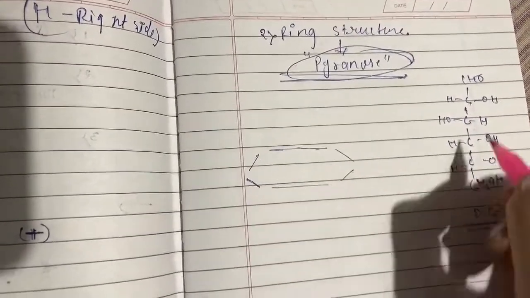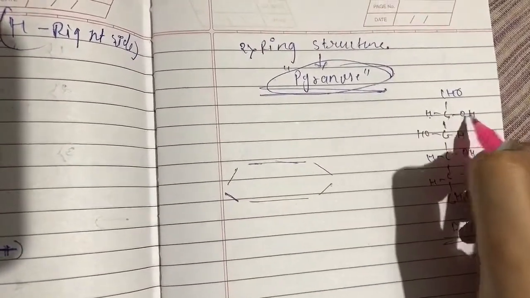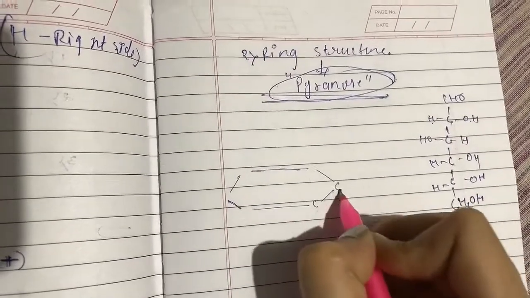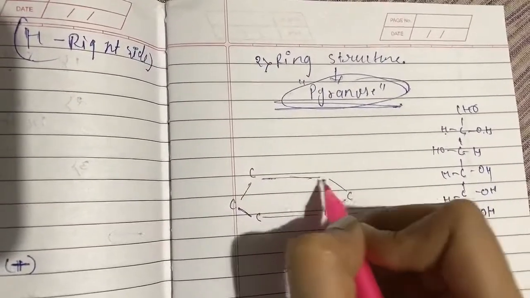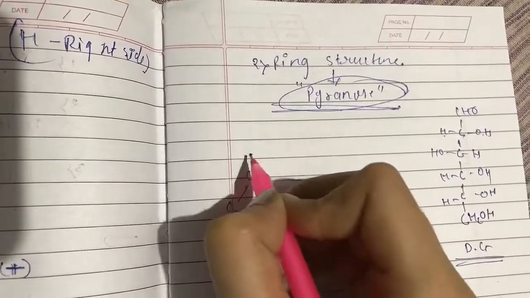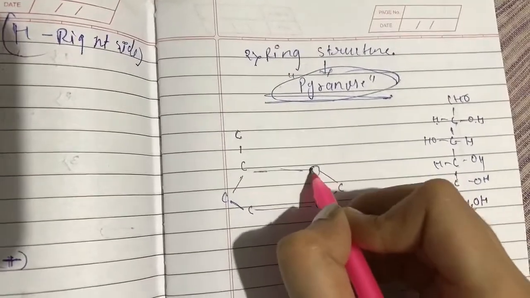Now we will place these elements over here. So we will start from the second carbon. This is the second carbon. This is H and OH. We are going to place this first carbon, second carbon, third carbon, fourth carbon, fifth carbon, but we will not write sixth carbon over here. This you have to keep in mind. We have to draw this sixth carbon over here. What comes here is O.